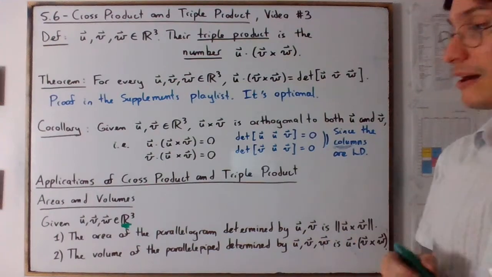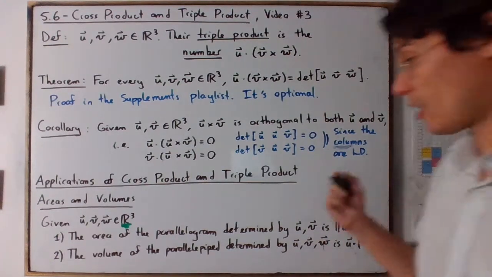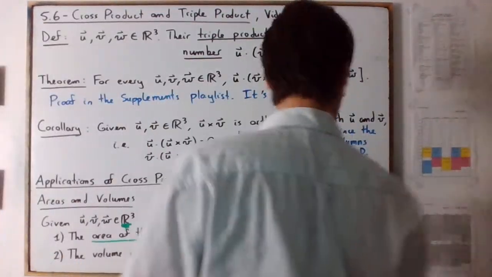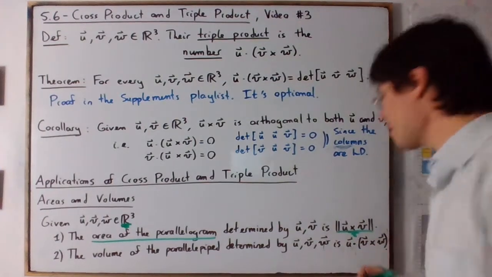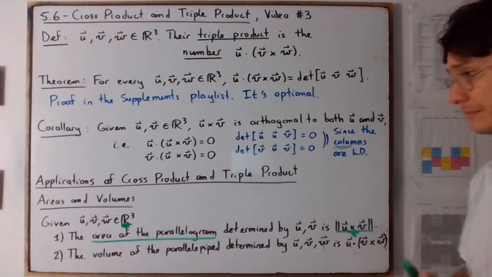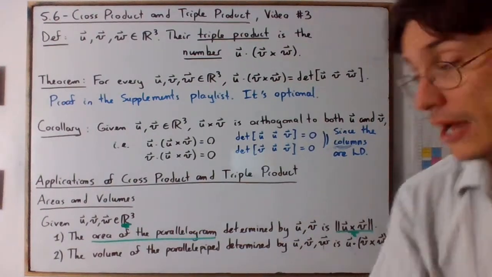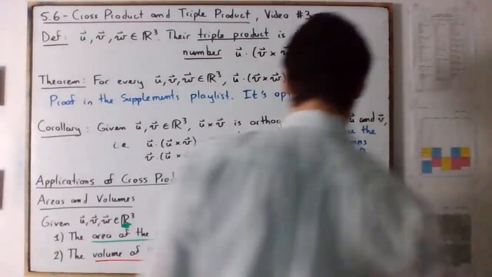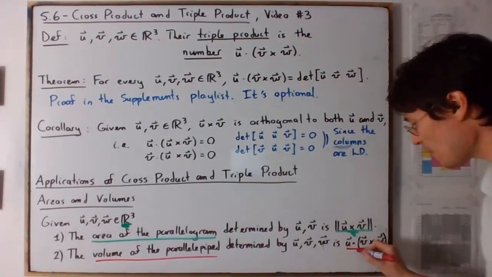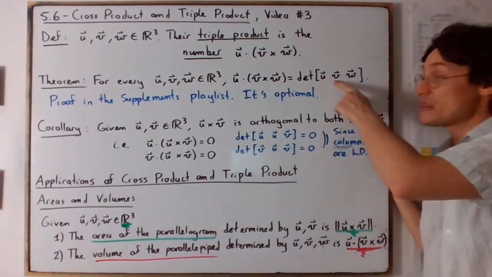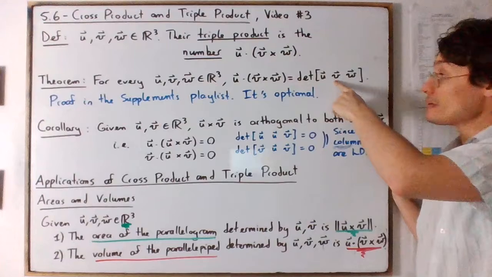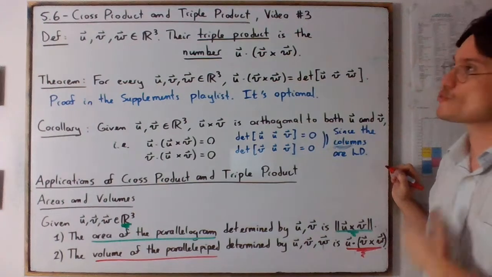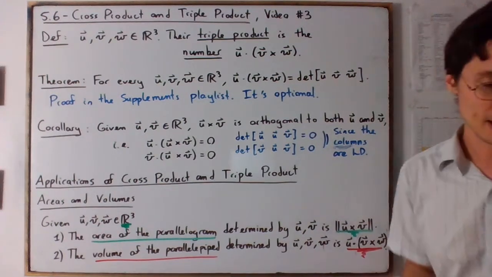So the area of the parallelogram determined by u and v is the norm of u cross v. And the volume of the parallelepiped determined by u, v, and w is the absolute value of the triple product. This totally makes sense because you already know that the volume of the parallelepiped is the determinant with these three vectors. So the second part makes real sense. The first part, I will just mention that